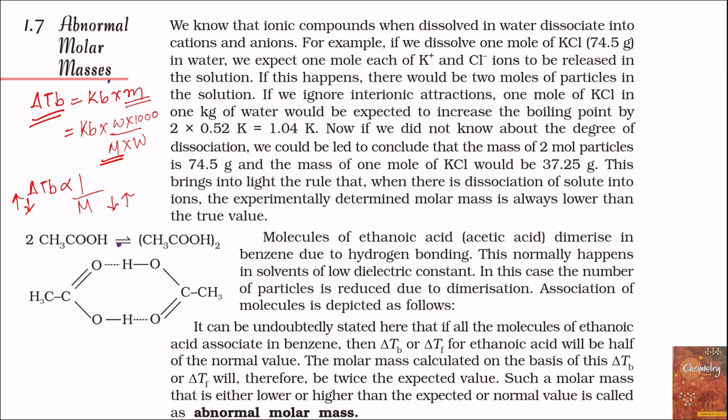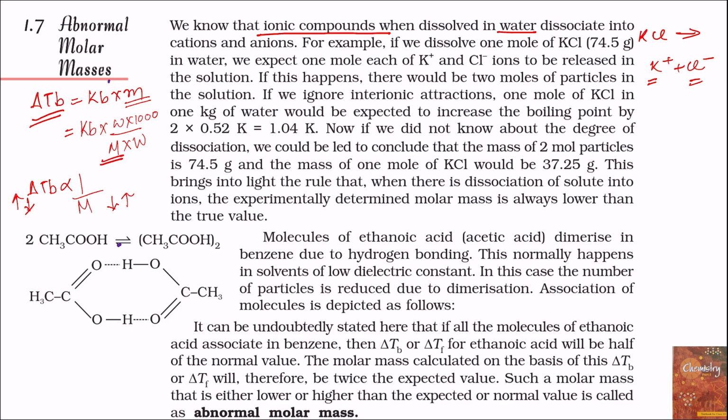The reason behind abnormal molar mass is association or dissociation of the solute. Some solutes dissociate in solution and some solutes associate in solution. So, for ionic compounds when dissolved in water, for example potassium chloride, this is an ionic compound, when dissolved in water, it dissociates into potassium ion and chloride ion. So, after dissociation, potassium and chloride ions are present in solution. So, if we start with 1 mole of KCl, then 1 mole of KCl dissociates to form 1 mole of